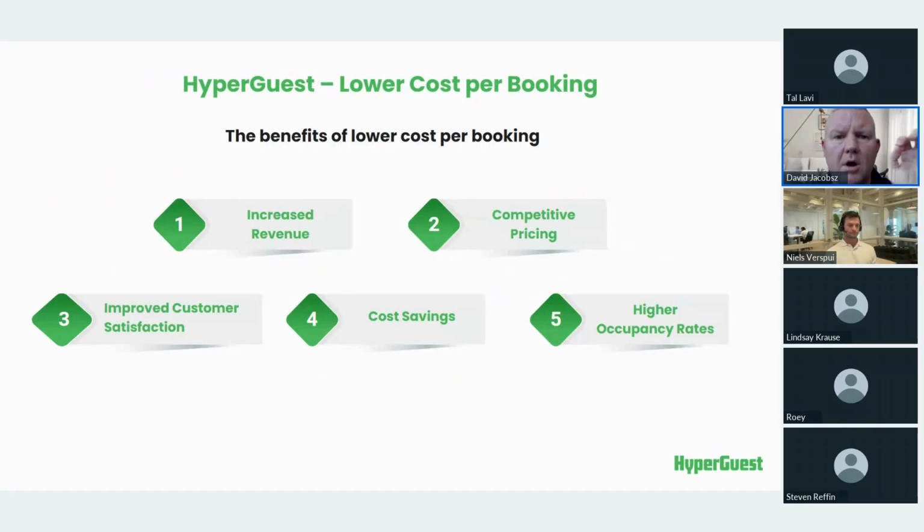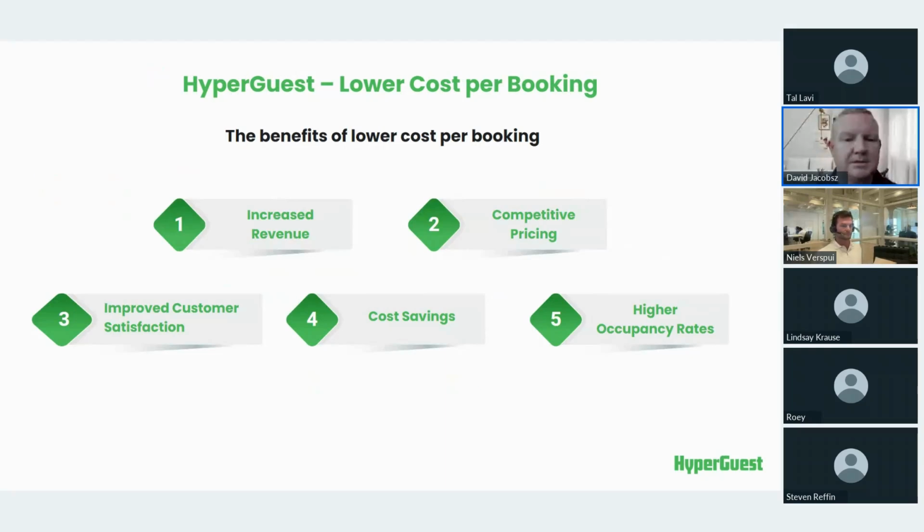But you can still make the same amount of money at the higher average room rate compared to this middle one if you just cut out the cost per booking. What does it cost you to actually get the customer? And the one way is cutting down the distribution costs. And that is how we're going to increase revenue at the same rate that the customers are used to, for instance.